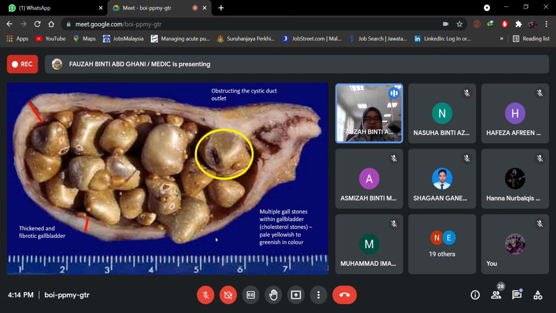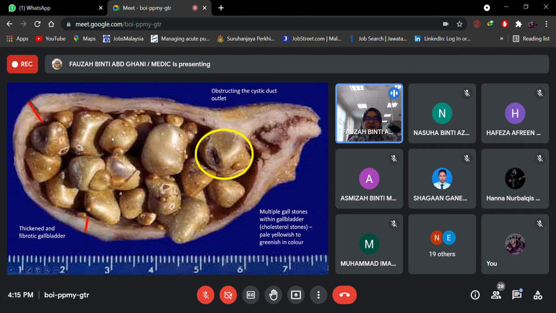Normally the wall of the gallbladder is less than 3 millimeters in thickness, and here we can see 3 to 5 millimeters in thickness. So this is also one of the important findings in ultrasound. When they do ultrasound, they try to measure the thickness of the wall of the gallbladder to determine that yes, this is more to chronic cholecystitis. Other than that, also important is the location. Not only are the stones multiple,